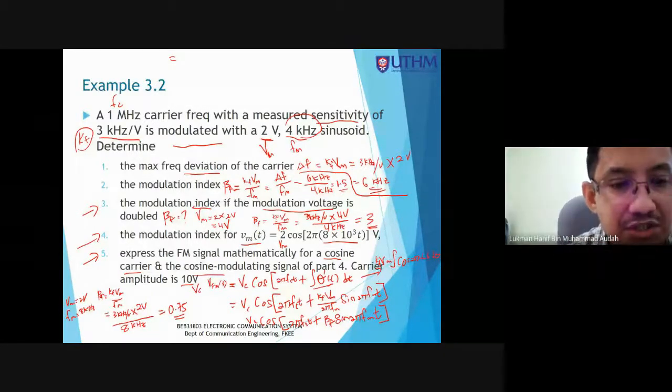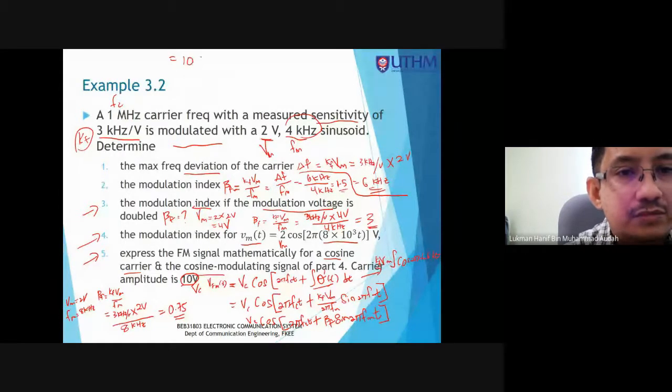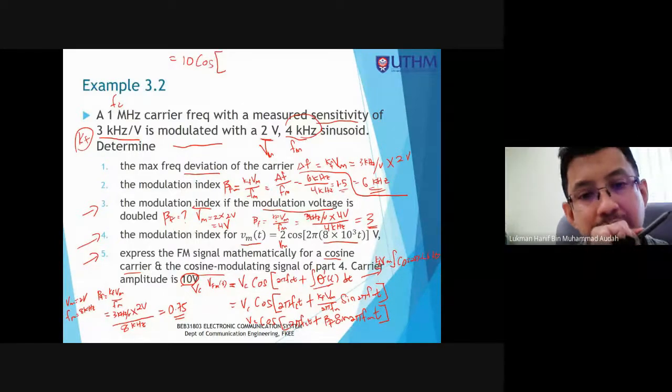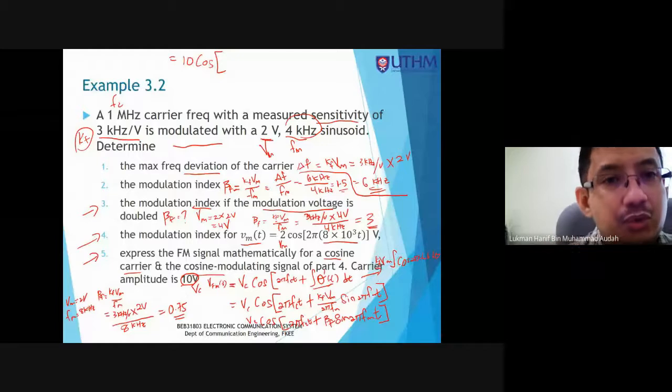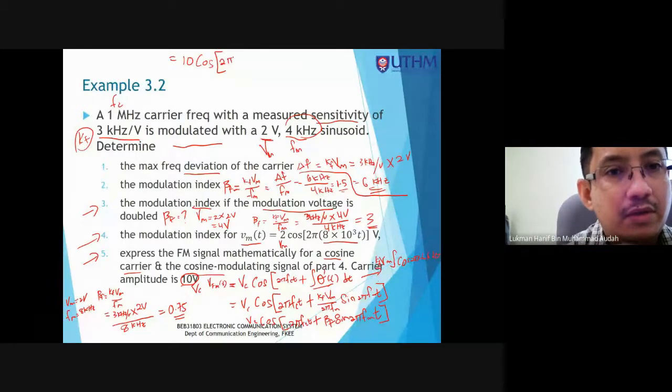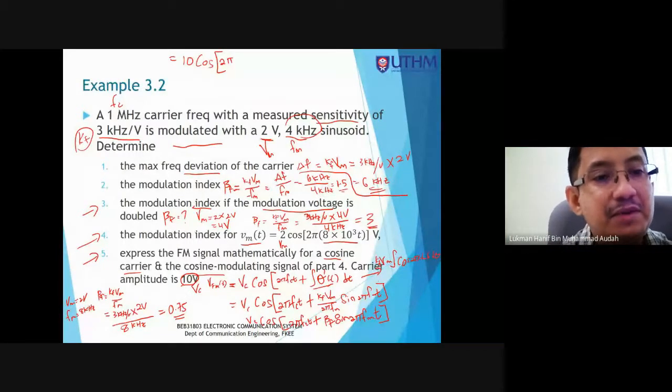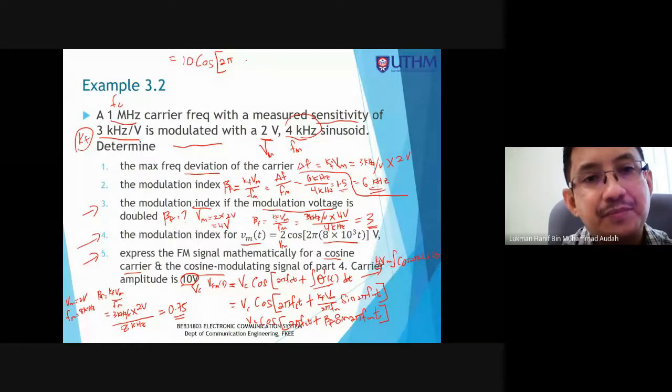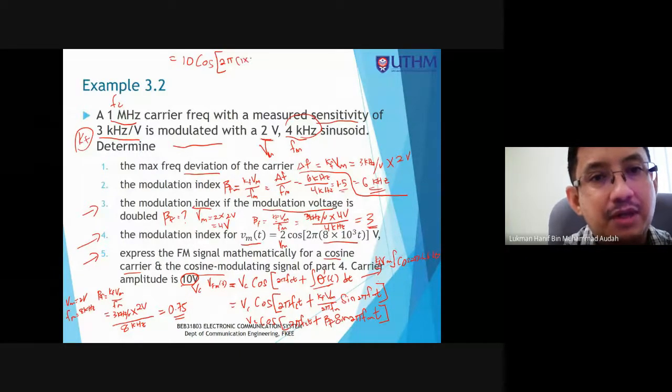How much is Vc? It is given as 10 volt. So 10 cos, big bracket, 2 pi Fct. Fc is 1 mega given in the question, so 1 multiplied with 10 power of 6 t plus